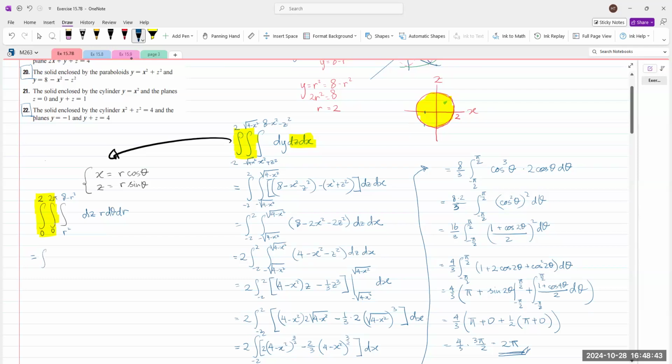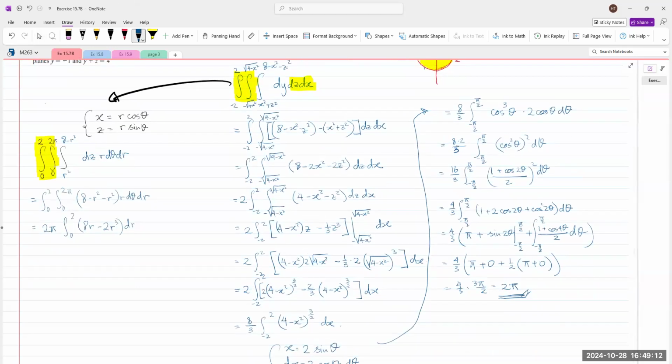Okay, so that will be the integral from 0 to 2, integral from 0 to 2 pi, of (8 minus r squared) r dθ dr. Independent of theta, that's just 2 pi, the length of the interval, times the integral from 0 to 2 of 8r minus 2r cubed dr. Integrating further, that's 2 pi times 4r squared minus 2 over 4 r to the 4, from 0 to 2. That will be 16 minus